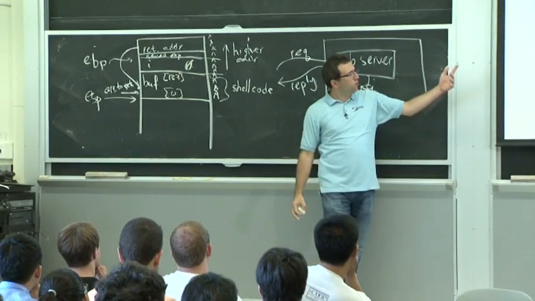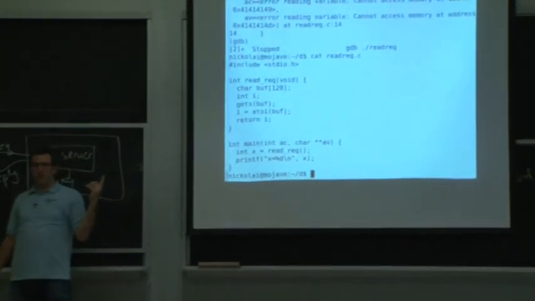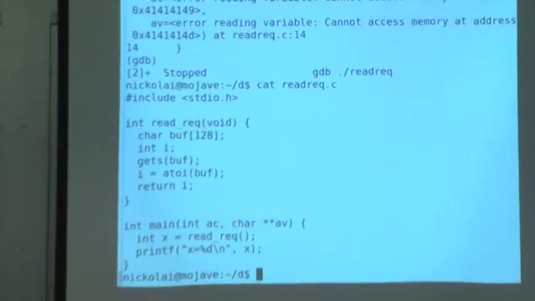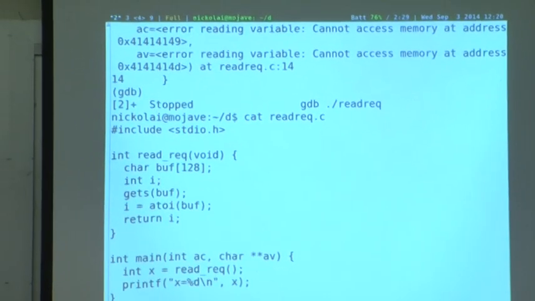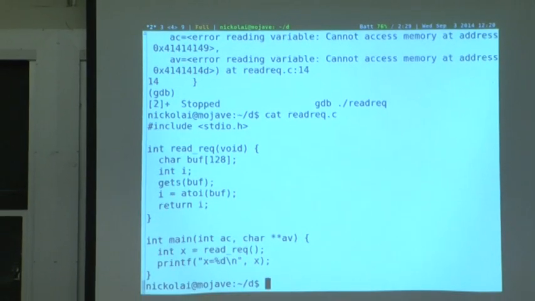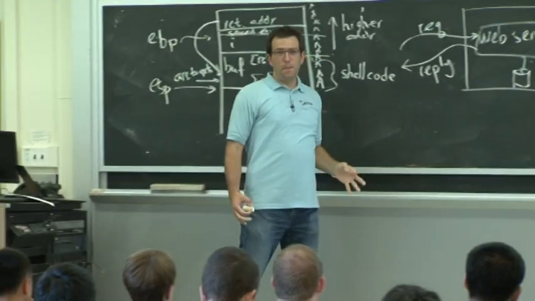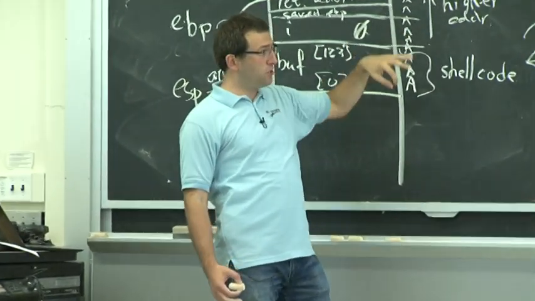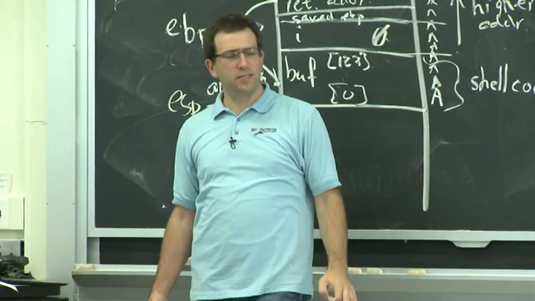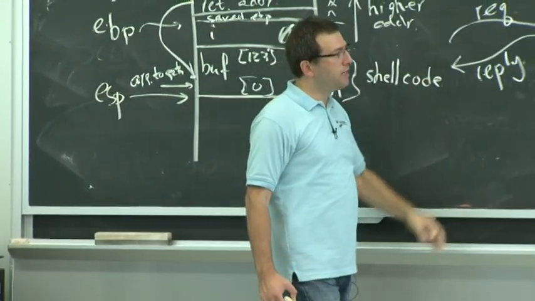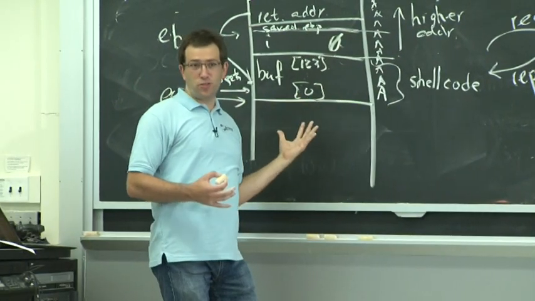I guess we actually saw this example earlier, right, when I jumped to the middle of main. So that was a way of exploiting this buffer overflow without having to inject new code of my own. So even if the stack was non-executable, I would still be able to jump to the middle of main. In this particular case, it's kind of boring. It just prints X and crashes. But in other situations, you might have other pieces of code in your program that are doing interesting stuff that you really do want to execute. And that's called return-to-libc attacks, again, for somewhat historical reasons. But it is a way to bypass these security measures.